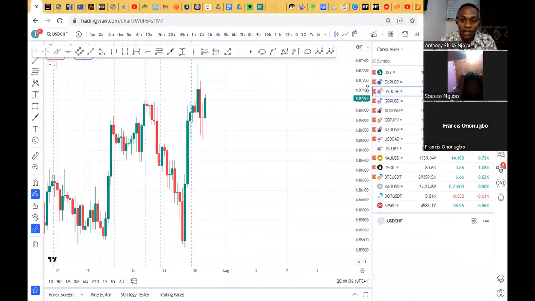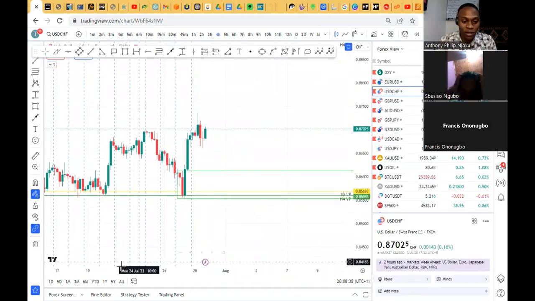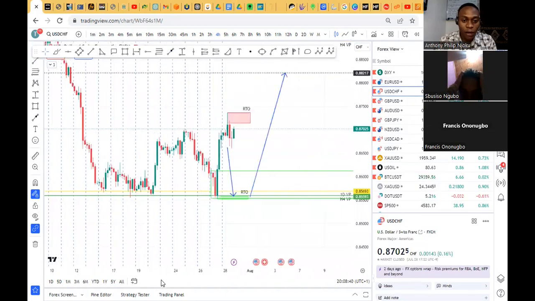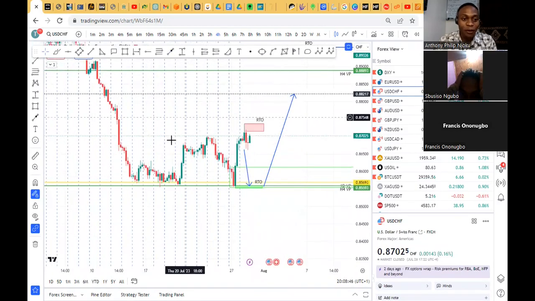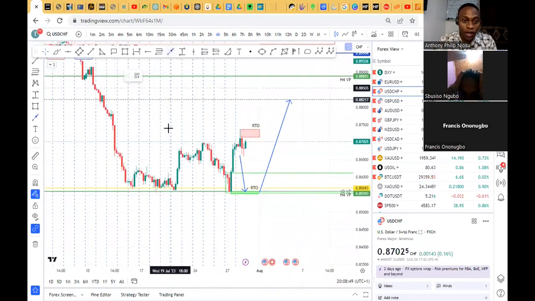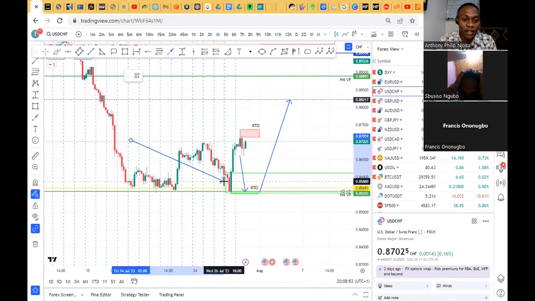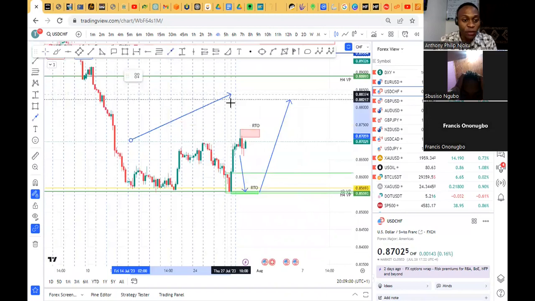And for the USD/CHF, like I told you guys on our last live trading session, I'm bullish for the USD/CHF pair for the month of August. Institutions are not buying the CHF pair anymore. You can go and check the COT reports, commitments of traders. And I'm more interested in a bullish structure. I'm more interested in only buy setups for the USD/CHF pair.